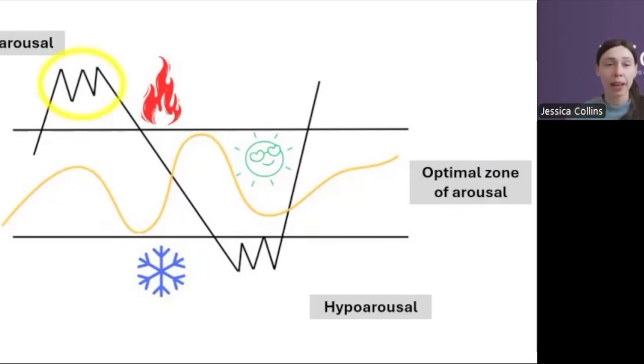Let's say that she gets into work, has quite a stressful long work day, and then when she gets home, she completely crashes. Here we can see some examples of hypoarousal for Sarah. So, for example, she starts to feel distant and disconnected from her partner. She doesn't want to talk to anyone. She cancels going out for a walk with her best friend. She can't even focus on the TV that they're watching together. She's not even watching that because that would require her brain to be a bit online, and she's feeling totally shut down. Instead, she's just scrolling on her phone for hours, not really engaging in anything and feeling really flat.